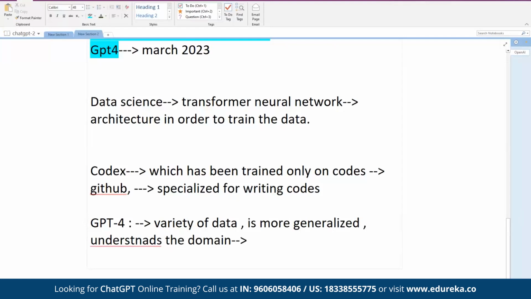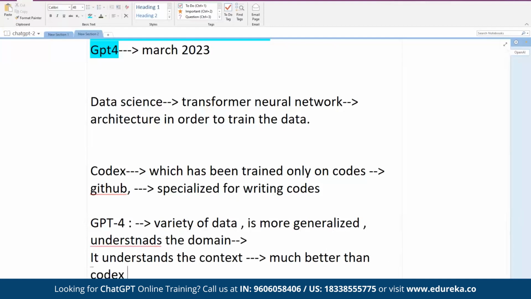And the best part about ChatGPT 4, you will understand it when you use it or when I show the demo. It understands the context. So whatever we ask it to develop, it understands the context much better than Codex, because it has been trained on so much data other than just coding. It has much more generalization inside it than the Codex model.